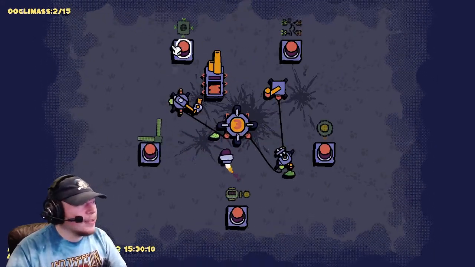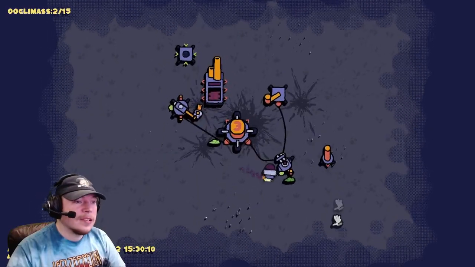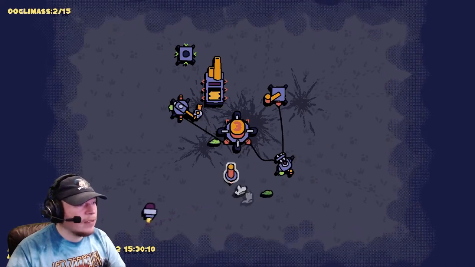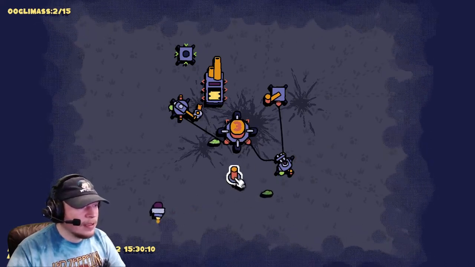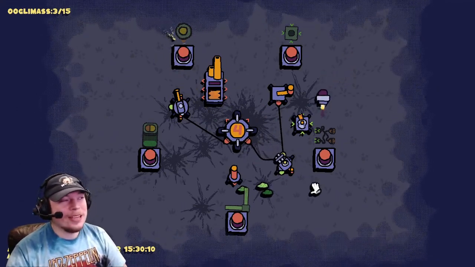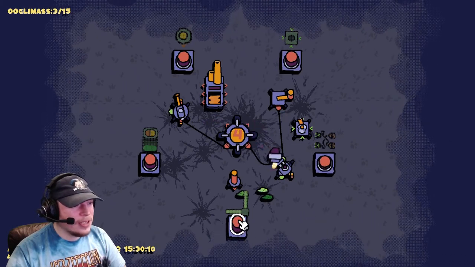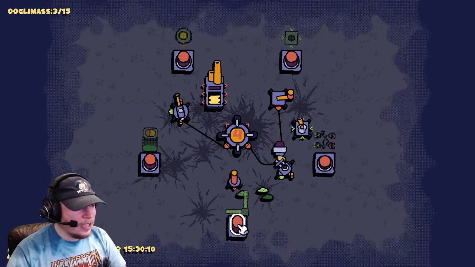Alright, and I don't know what this green thing is. It looks like a theremin. But then there's this random circle thing. I don't know what it does. I'm not sure what that is. Alright, so some of the mechanics in this are actually pretty legit, kind of interesting. We definitely need the wires, and we definitely need...